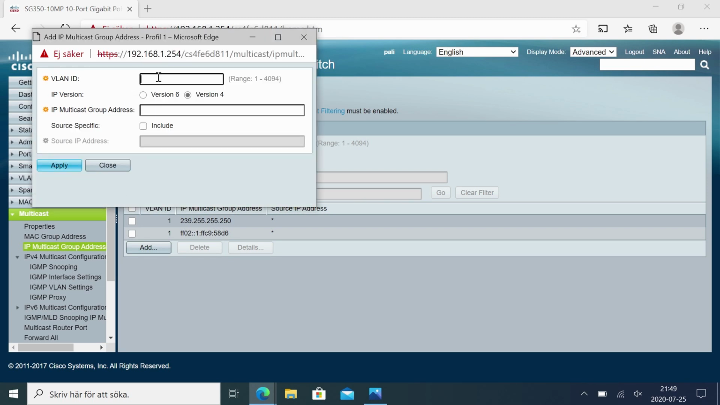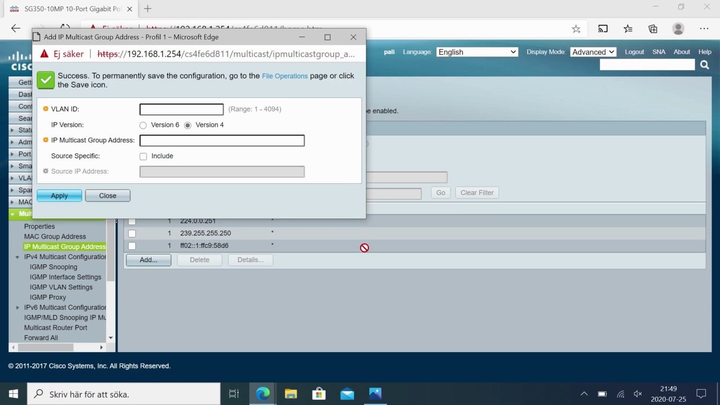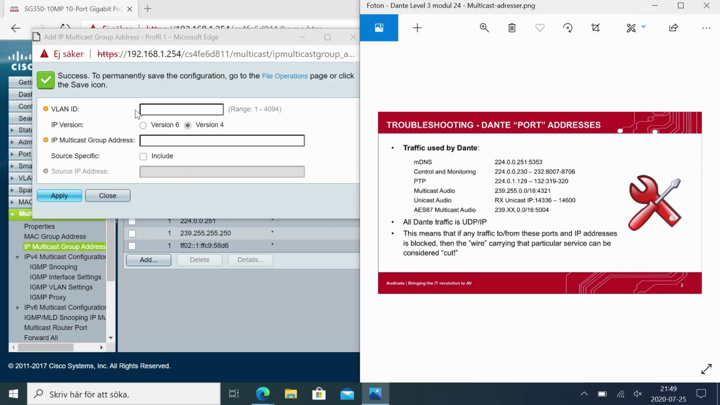First we choose which VLAN we are going to have them on. So it's always VLAN 1 in this switch. In your cases, it may be some other VLAN. So the first one, that's the multicast DNS address. And then we had same VLAN, and